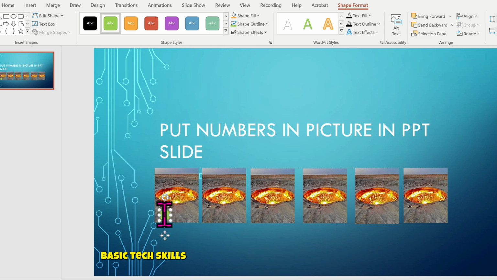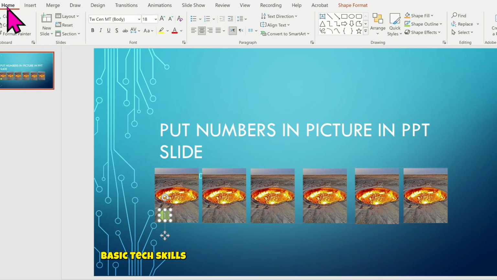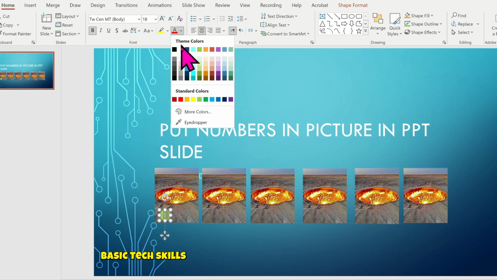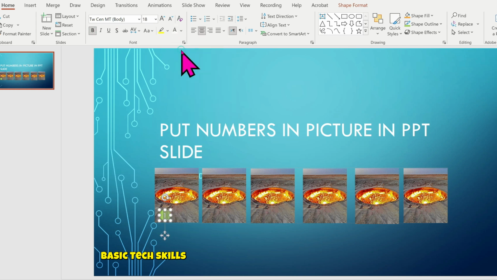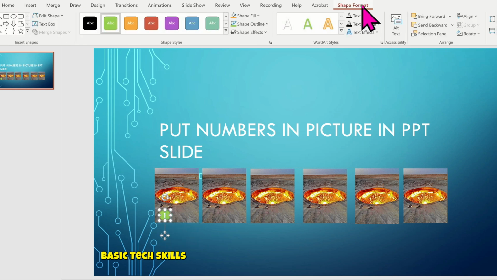You can select it with Control A or you can manually select it. Go to Home and make it bold and change the color as per your choice, but right now I'm selecting the white color. And now you can also select it and go to Shape Format and change the shape styles of the shape you selected. So right now I'm selecting this one,